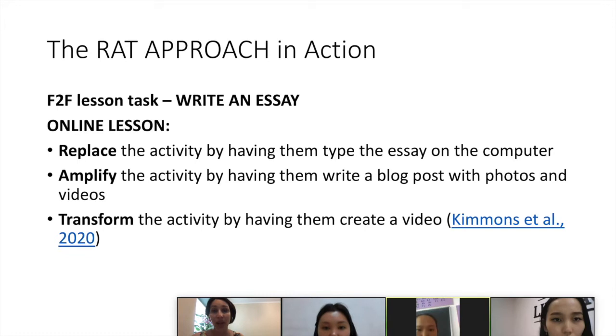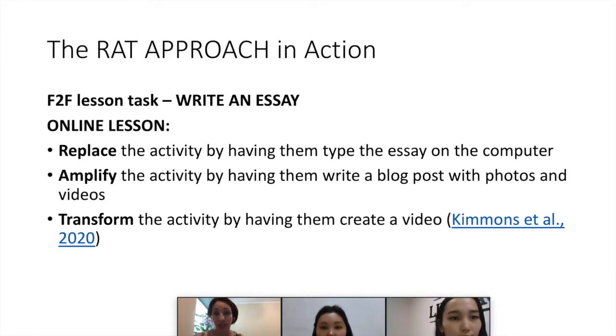Instead of asking my students to write an essay, I could ask them to type main points and then make a short video using a phone camera or a computer camera, and tell me about this experience, like what images they have found and other things. So this is very possible, to transform your activities from simply using a book.